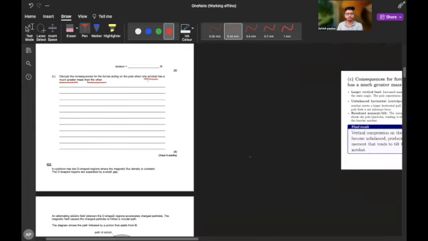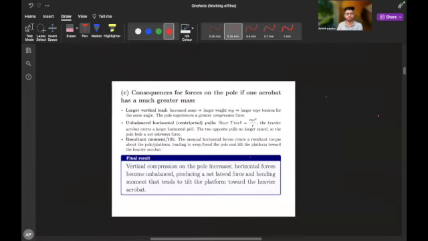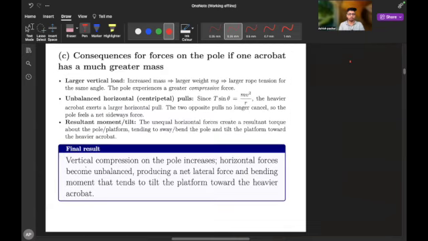If you want to write it out more clearly, you can write it like this. The vertical compression on the pole increases. Horizontal forces become unbalanced, because one side has more tension and the other side has less. So the tension force component has to increase on one side. If you take the horizontal component, it is going to be unbalanced, providing a net lateral force and bending moment,